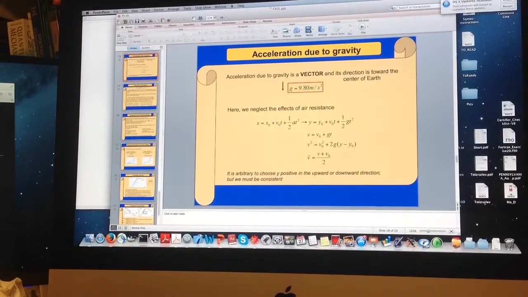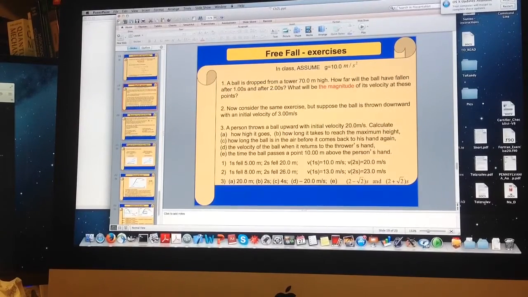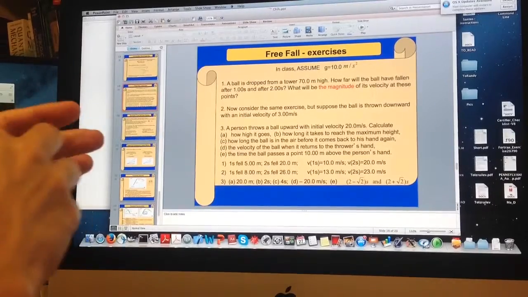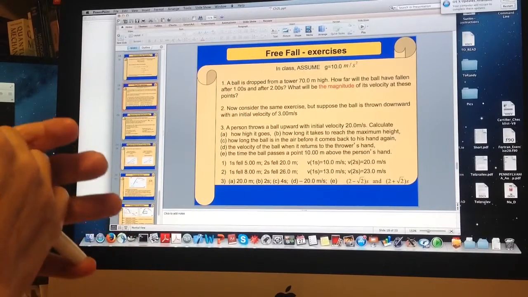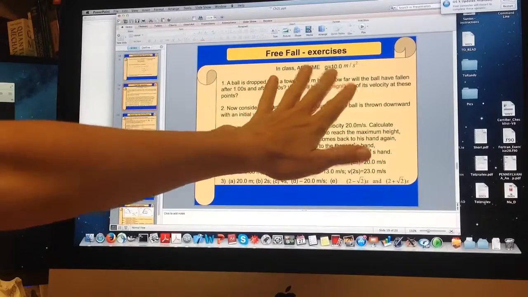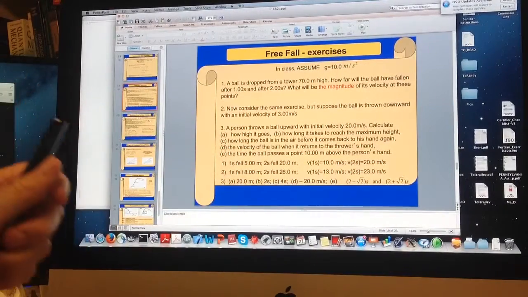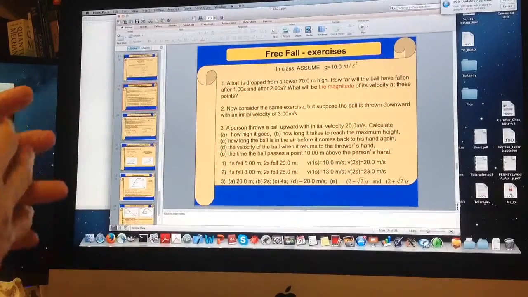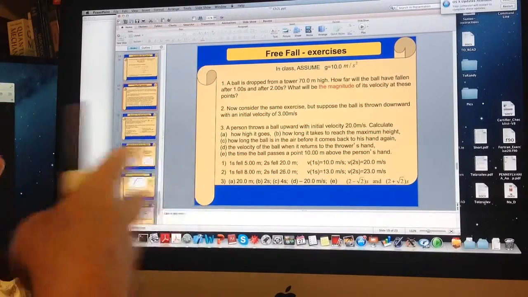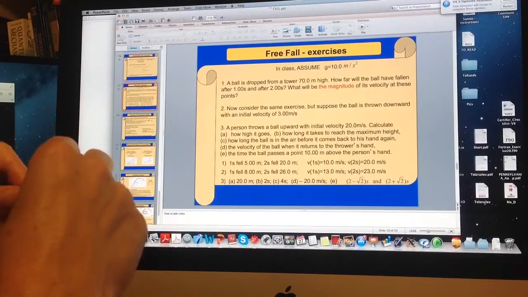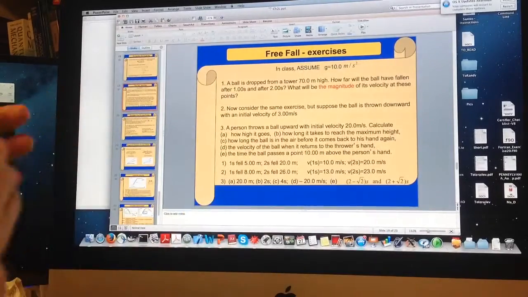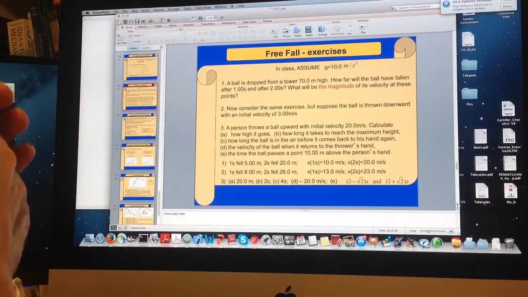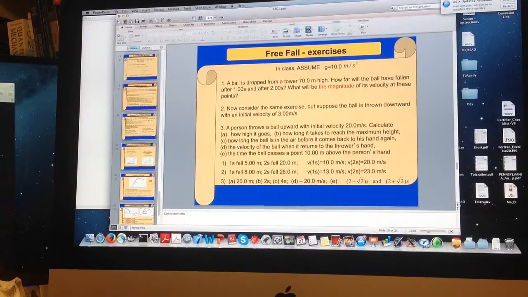Okay, so let's try to start solving some problems. At this point, since many students still do not have a calculator, what I did is I used g equals 10, an approximation for the actual value, which is 9.8. I'm going to be using g equals 10 at this point, just to get simple numbers, okay? But as soon as we finish this problem, we'll move on and put the real value 9.8.